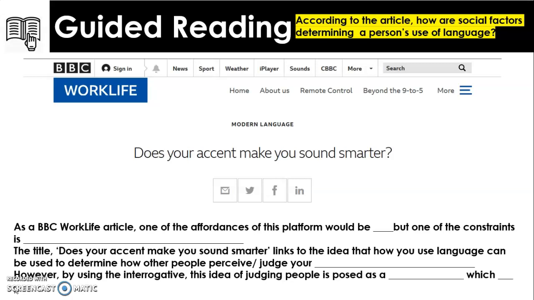So we've got the determiner your, accent, noun, make is the present tense verb, you is the pronoun, make you sound smarter. So there we've got another hidden verb, sound, to sound smarter. Okay, so here it's the idea then that accents can make you sound smarter. So actually we've got that 3 verb combination, does, make, sound. So confirmation that we're looking at a complex sentence. And finally then we've got this smarter. Okay, now it's an adjective. The smarter person in the room stood out. The er is making it comparative, smart, smarter. So we've got the final comparative adjective. Okay, so it's immediately introducing us to this idea. What are we going to be exploring in this article? Accents and how they make